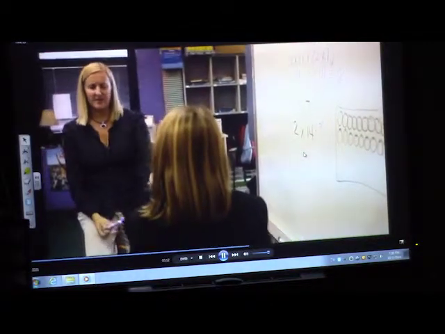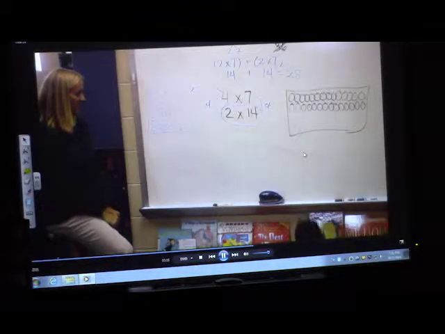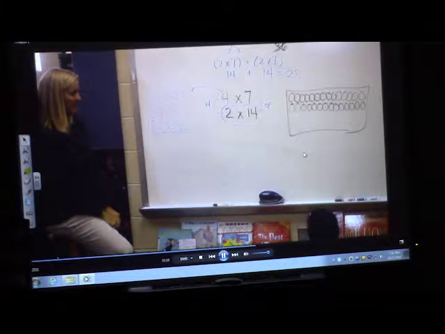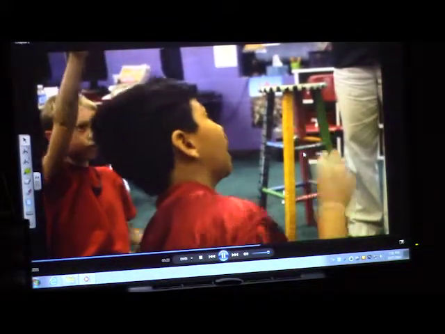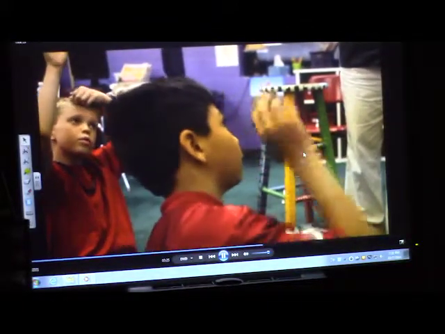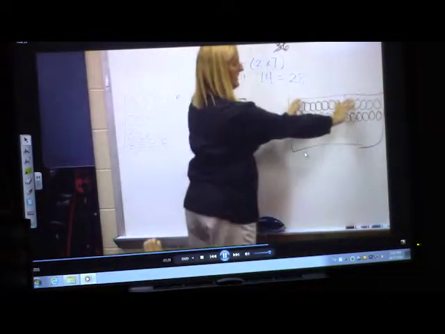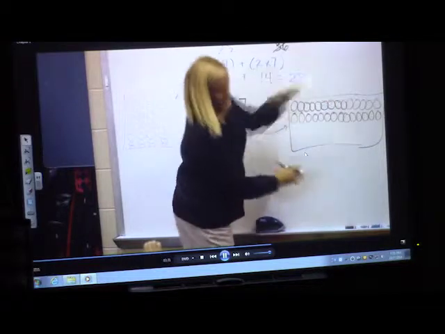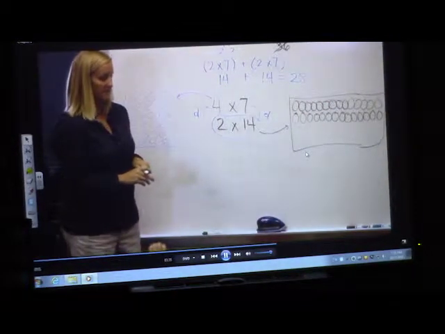Okay, Ryan, how are you picturing it? Like this? It was kind of like that, but I thought it would be more easier if you drew 2 apples and then 14 down. Okay, so if we took this crate and we turned it that way, would there still be the same number of apples in it? Would that have been the picture in your head? Okay, so